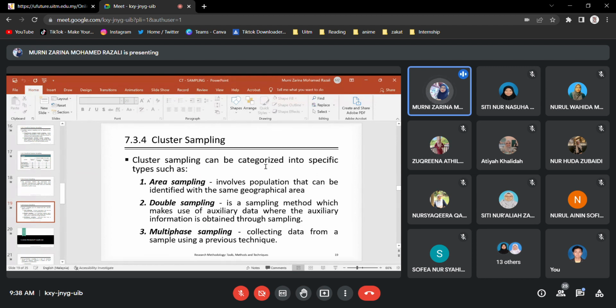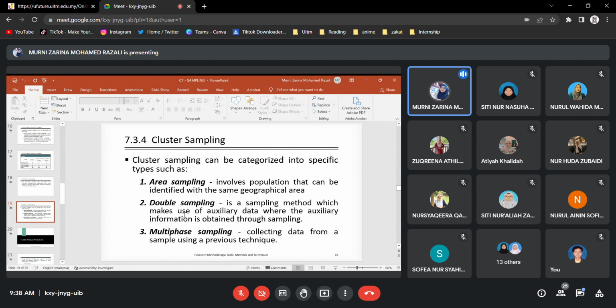Maksud dia, sampling method ni make use of all the data that you have, where all the information is obtained through sampling. Maknanya you boleh gunakan dua. You buat simple random dulu, lepas tu you buat pula systematic. Contohnya bila melibatkan cluster sampling, selalunya population terlalu besar. Jadi you kena buat dua kali, kan? Mula-mula you go for the simple random, lepas simple random you go for the